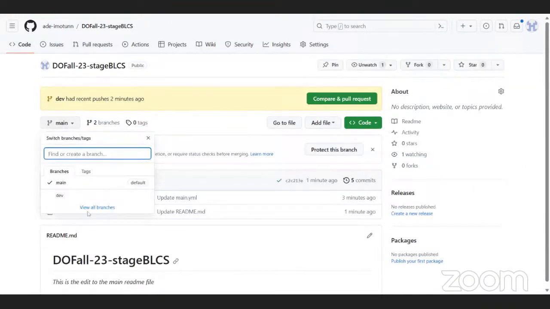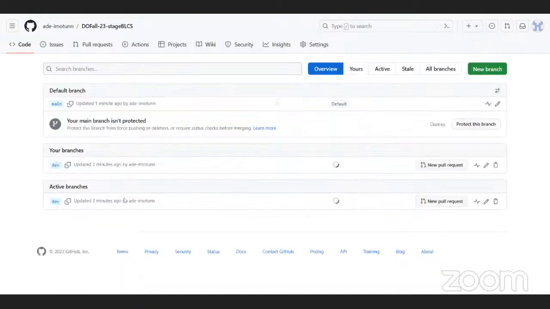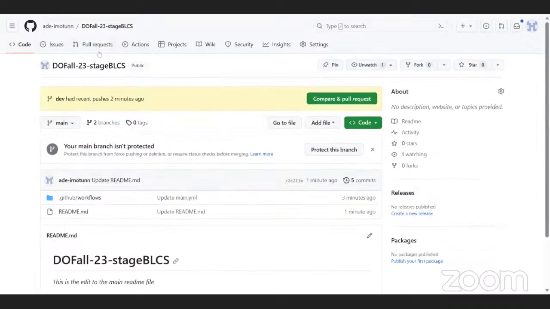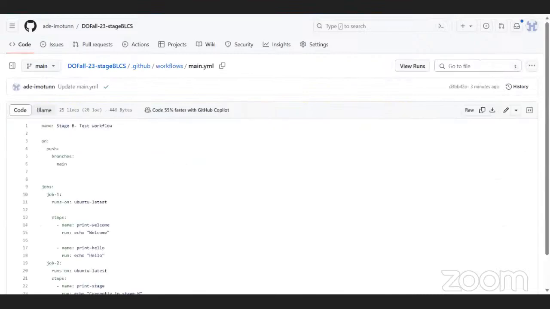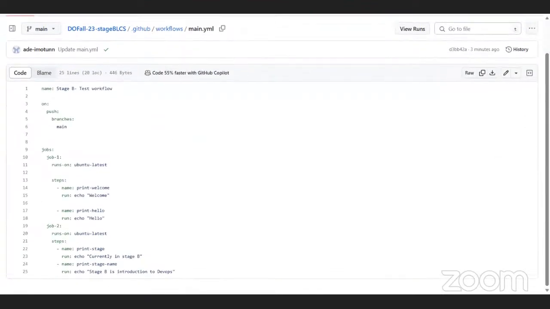Let me delete this dev branch. Or I can do that when I'm clearing up later. So let's go back. We're in the main branch. Let's go back into our workflow. So now I want to define something that will stop our